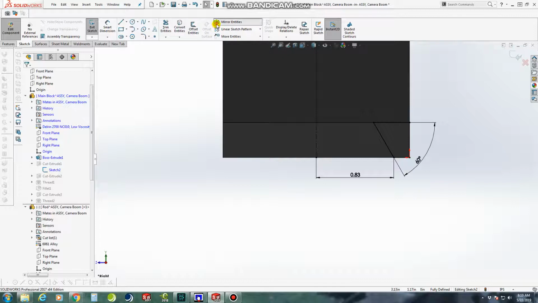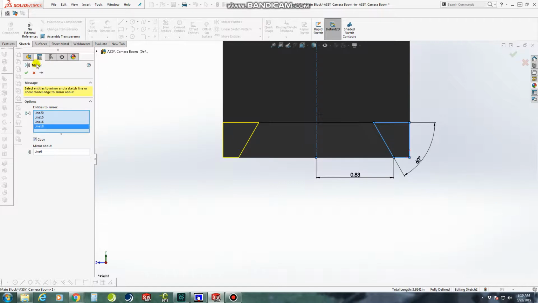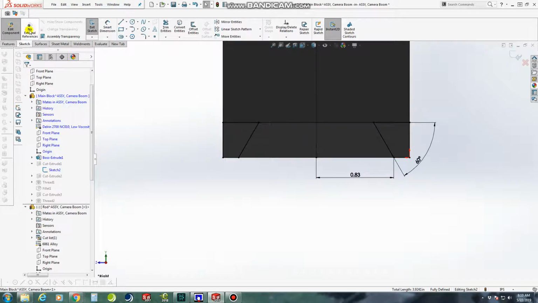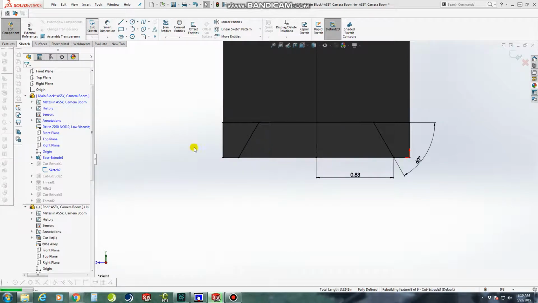So now let's go ahead and mirror about first, because I'm a nerd. And that looks excellent. And exit sketch, and it should, but it is not happy. Let's go ahead and ignore that error,